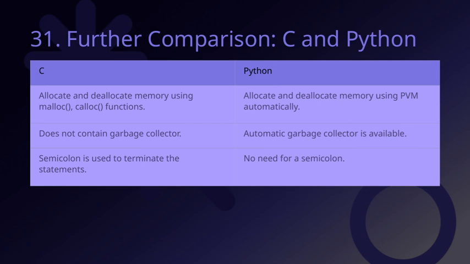In Python, there's no need for semicolons. The language relies on indentation and line breaks to define code blocks, making the code cleaner and often easier to read. So, in summary, Python's automatic memory management and simpler syntax can make coding more straightforward, especially compared to C's